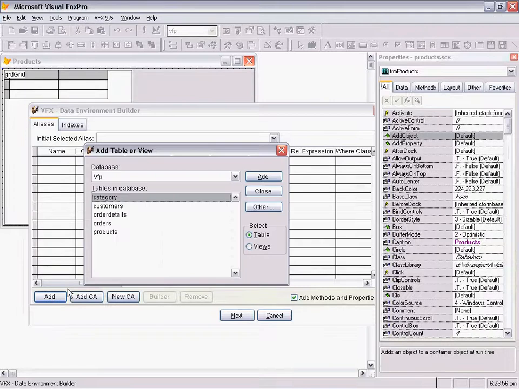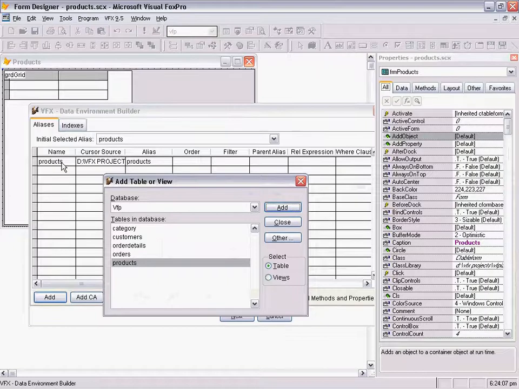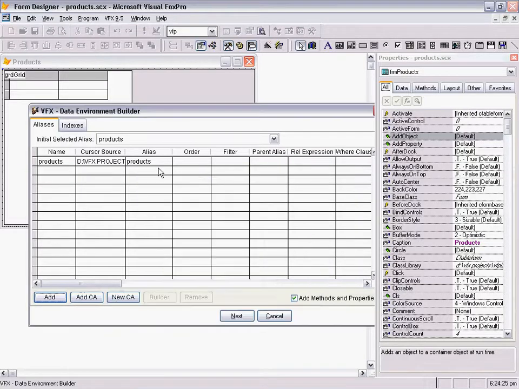In our case I will use just tables, and we'll add the products table because this is what we want to do. Clicking on Add button adds the products here in the Data Environment Builder list. This dialog is the same as the Visual FoxPro dialog, and you can work with it in the same way. I do not need any other table, so I will close the dialog.